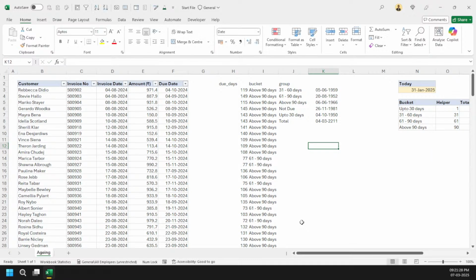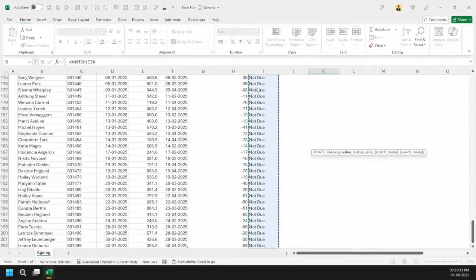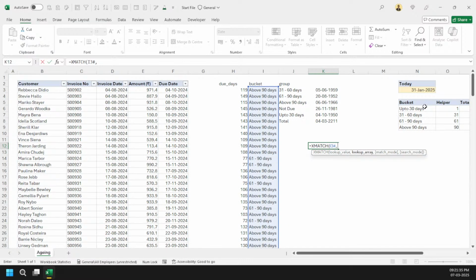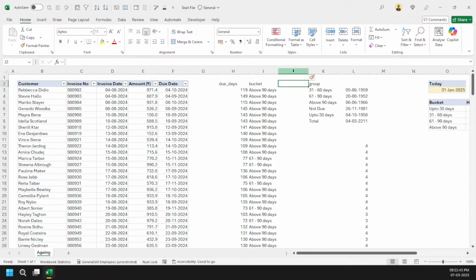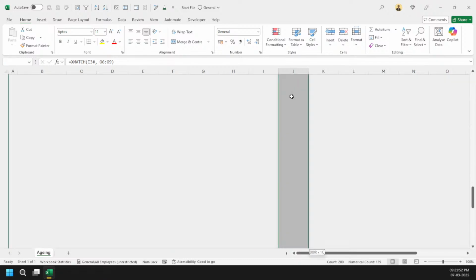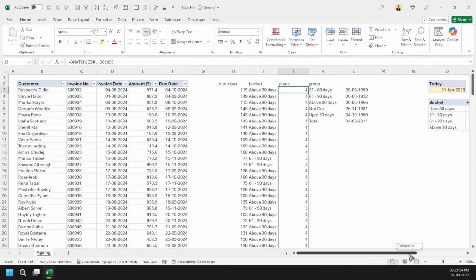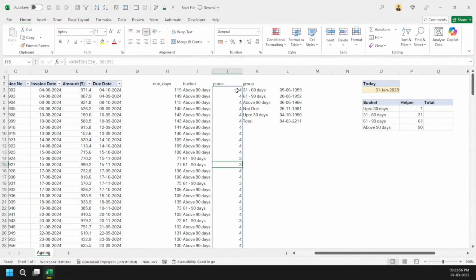This is the XMATCH function. XMATCH, I'm going to reference these values with these values. Okay. So what will happen is it will give me a value something like this. Let me do it this way, please. So I am coming here and you can see what is happening is I've got my values this way, right? It is sitting at the fourth position, right? So that's the whole idea here.